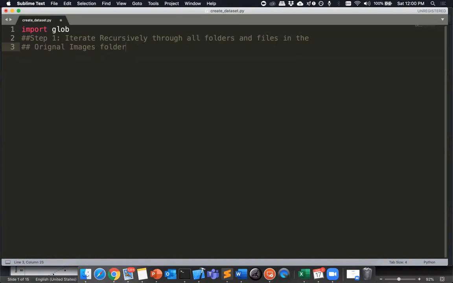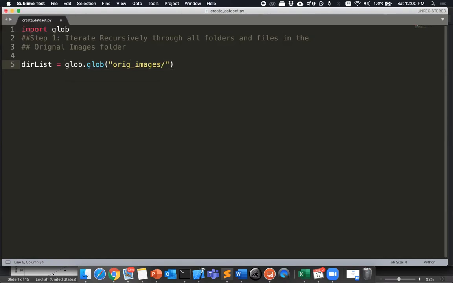All right, guys. So here's how I am going to go about iterating through the directories. There are several ways to do this, but here's one that I generally use. I want the list of directories, so I'm going to call this directory list. What you could do is use the glob module, as I said. So you could say glob.glob, and I want everything inside my original images folder. Original images is the folder name that we have over there, and slash,